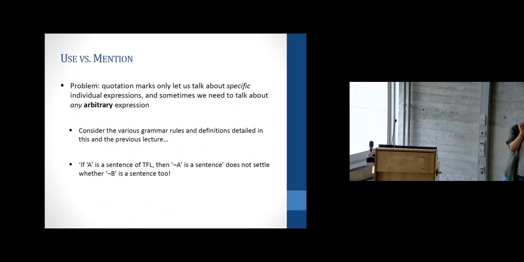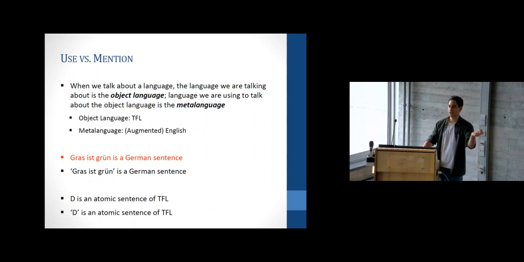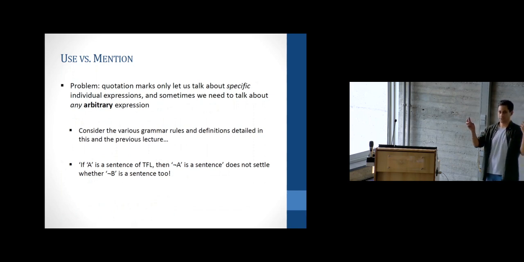Because they always allow us to talk about a particular expression, right? When I'm saying "D" is an atomic sentence of TFL, it's true, but what if I want to say something about an arbitrary sentence of TFL? We need that in order to talk about the object language in an arbitrary way. We need a way to talk about arbitrary formulas, arbitrary expressions. And so you've seen there are many rules of grammar that apply to any arbitrary sentence. If you have two conjuncts and a conjunction, you should put a parenthesis. So how do you capture